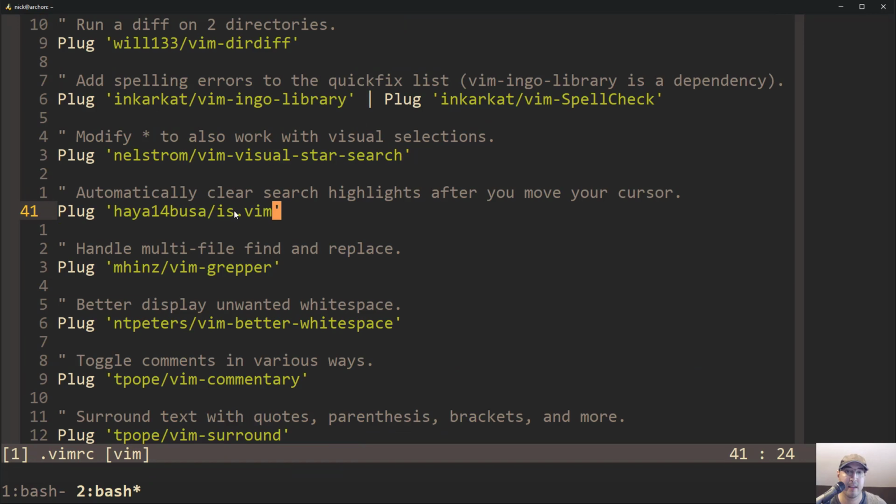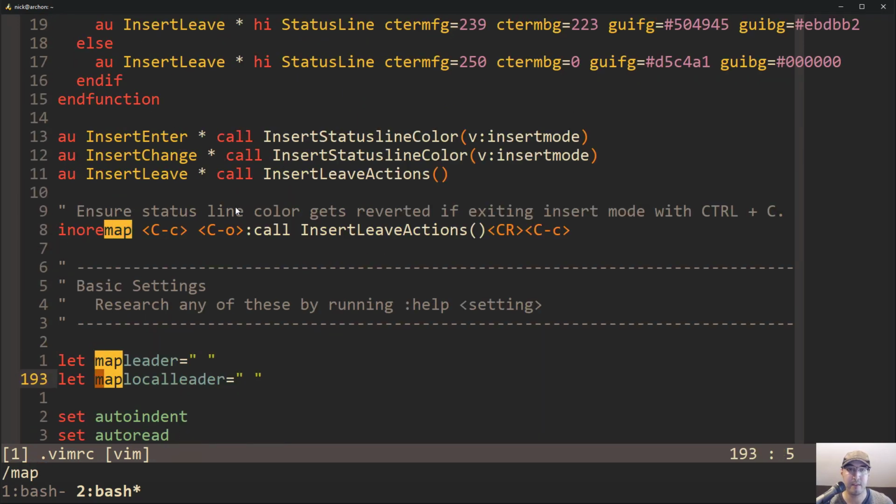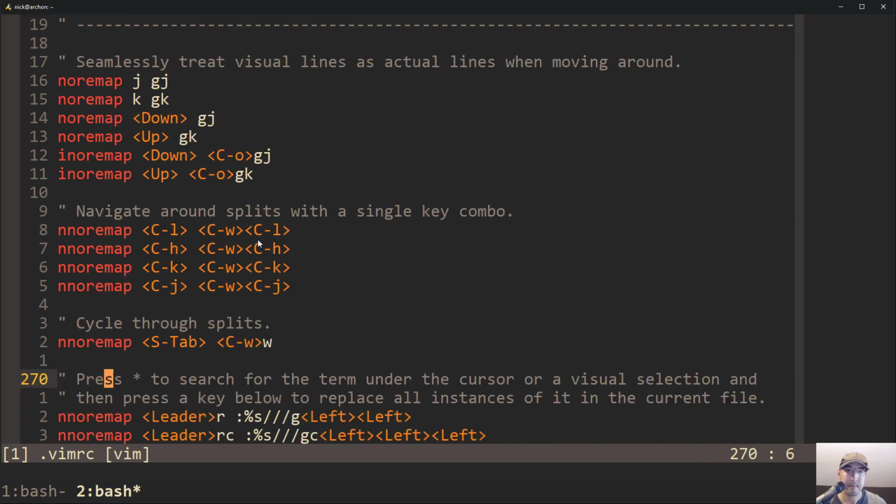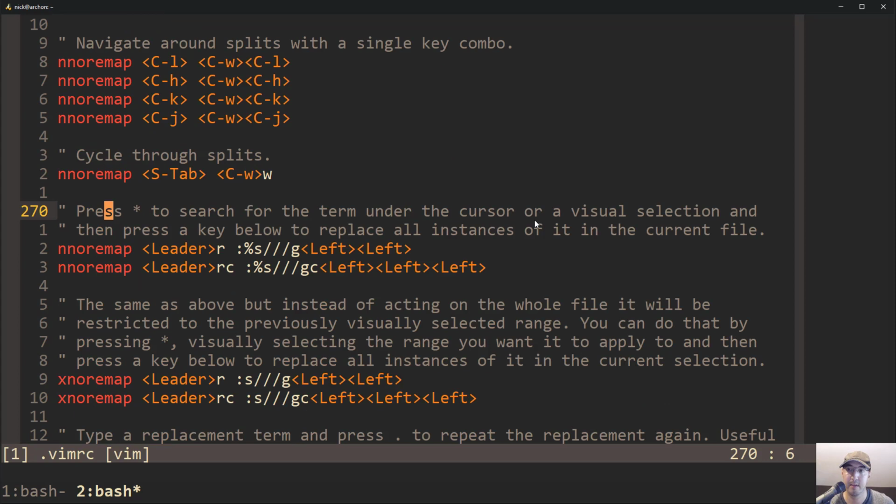And that is in my dot files here. And if I do a search for, I forget what mapping it is, something with replacing. Yes, it's this one here. So we're doing a normal mode map here. I do leader R because leader R feels like replace, right? Pretty straightforward, I guess. And what it really just does is it enters this command in for you, and the